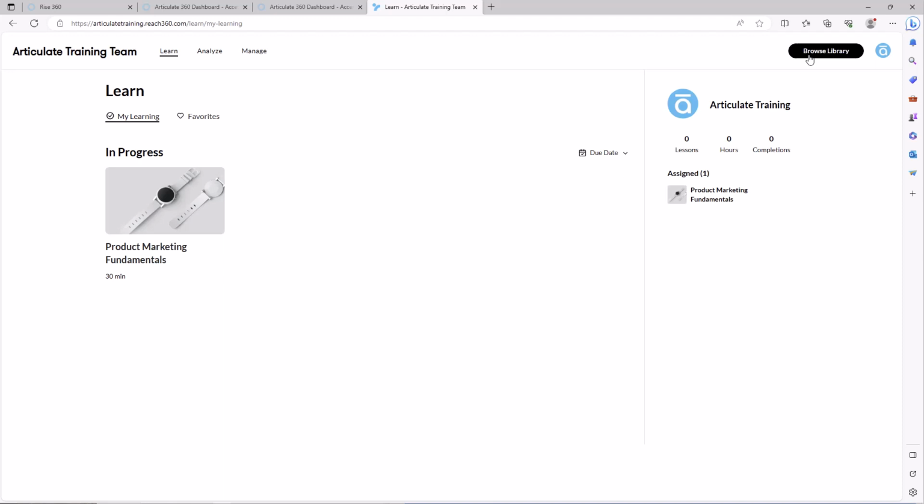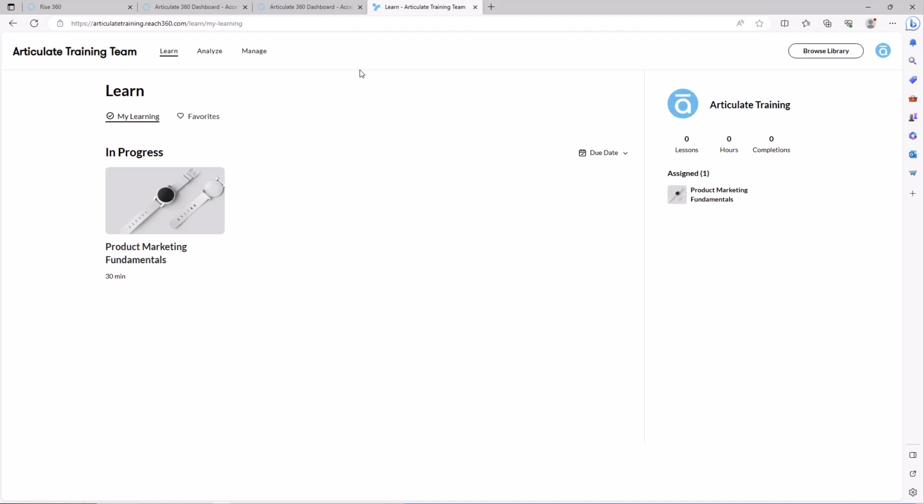However, there might be times when you need to really just send out a link to learners and get them to focus and take a specific piece of training. So you could have a company portal, something like a SharePoint or an intranet site that you want to have links to specific training that learners need to take. This is a fast way to get the course added to their library. So here's how the direct sharing works.